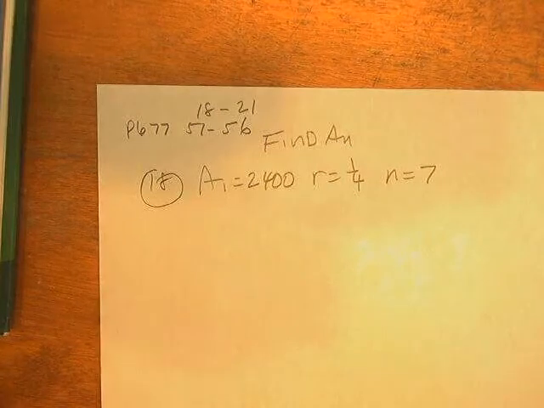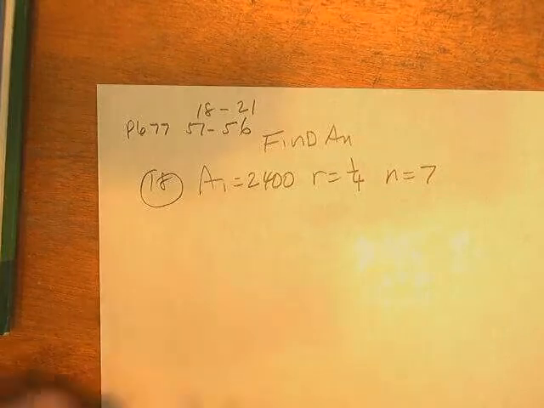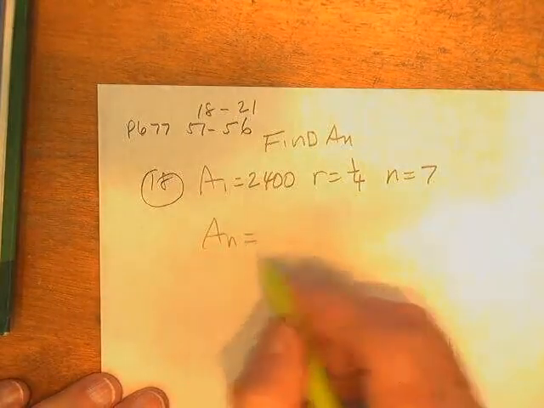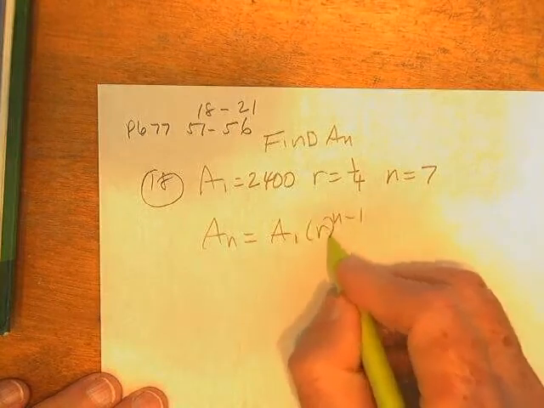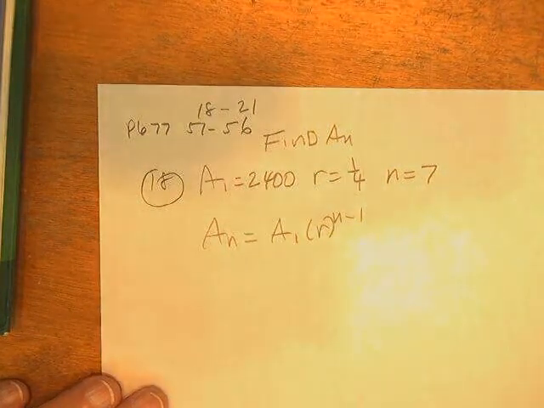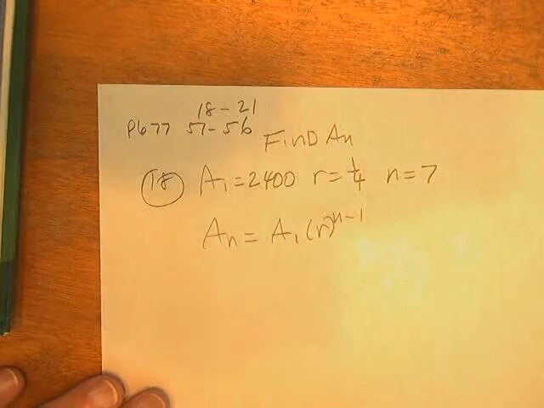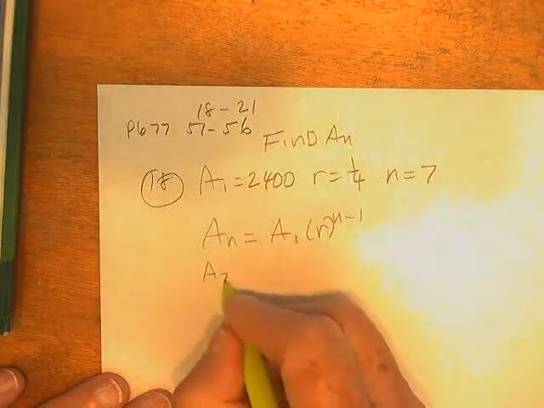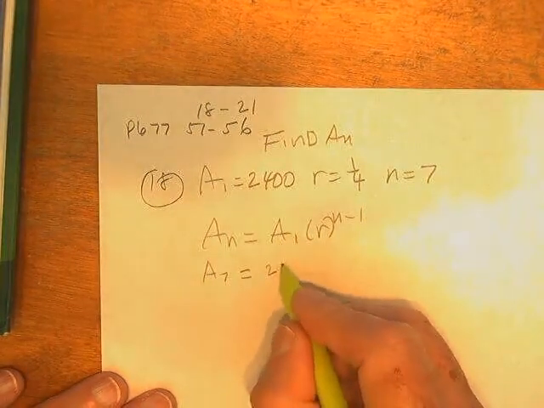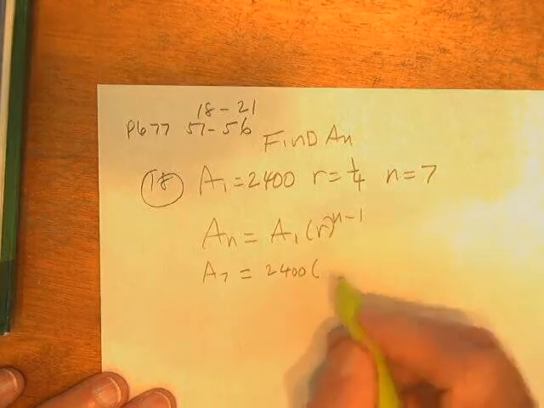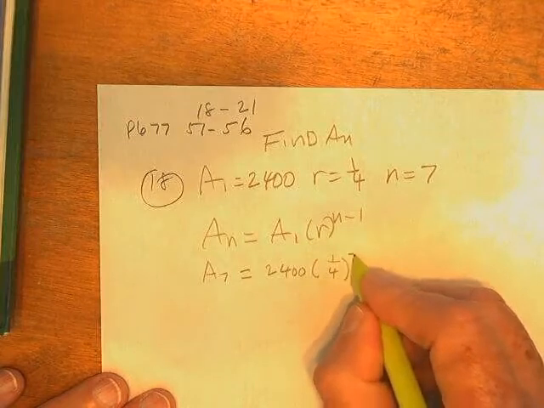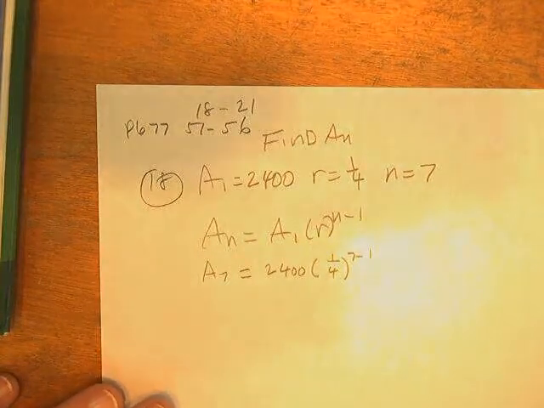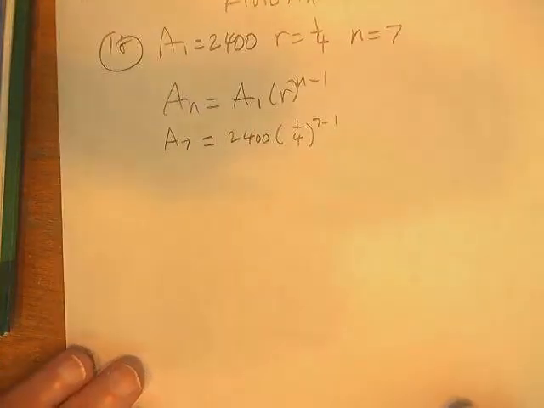So notice I don't need an SN formula. I know N is 7. I know the first term is 2400. I know the ratio is a fourth. I know N minus 1 would be that. So all I've got to do is calculate